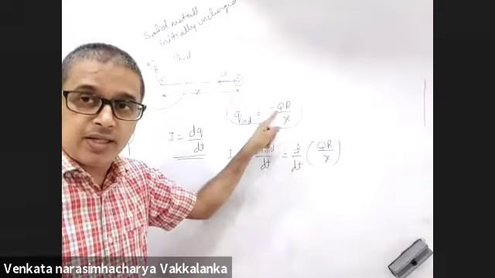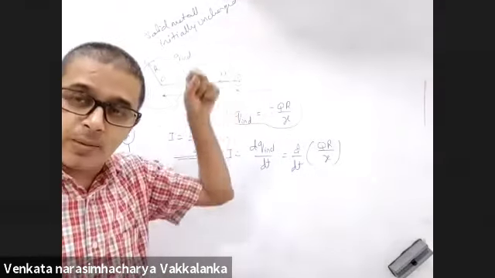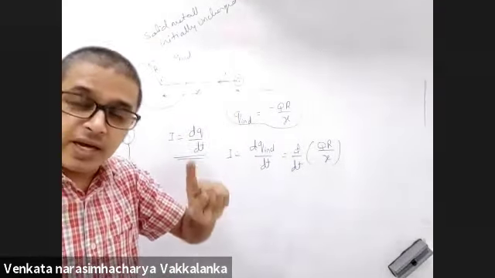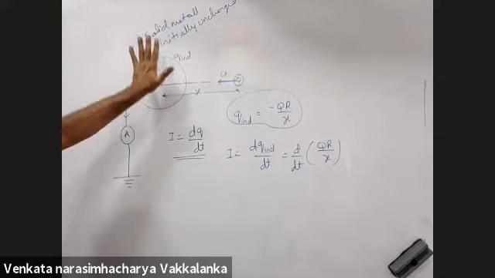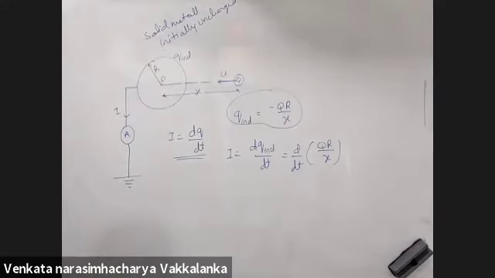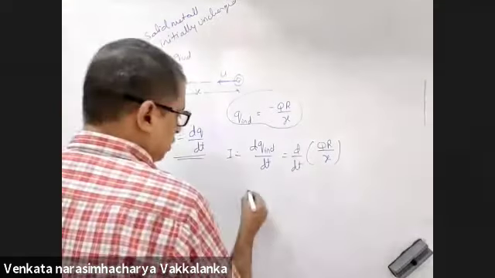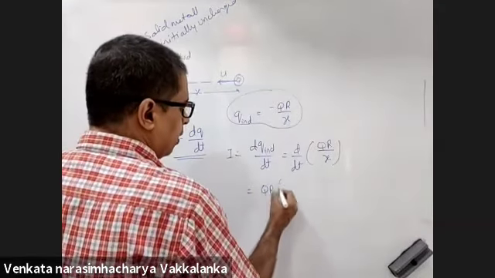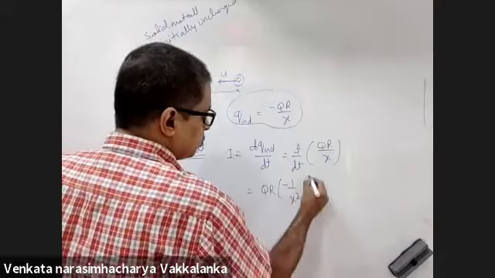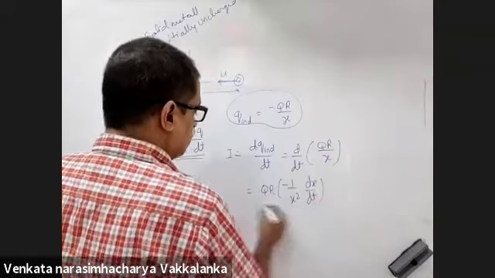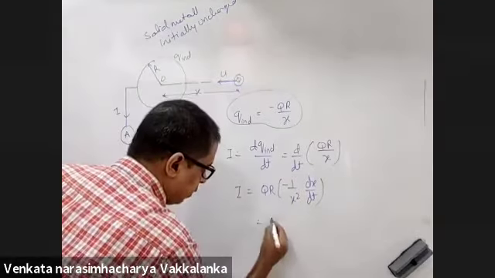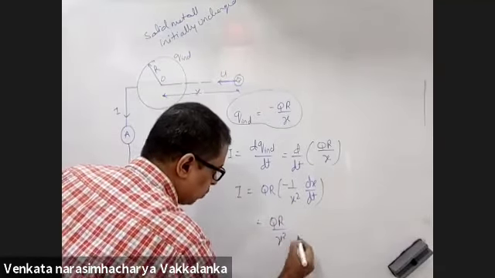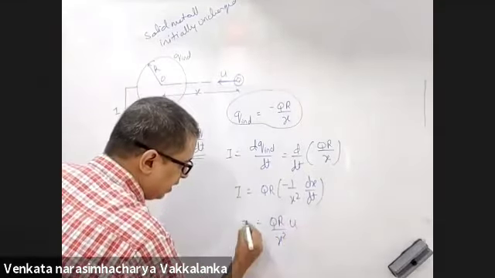Why are you not carrying the negative sign? I already told you current by convention is the direction in which positive charge is moving. You tell me so much negative charge came. Instead, I tell you from the neutral body, so much positive charge went into it. Now this will be QR times minus 1 by x square into dx by dt.